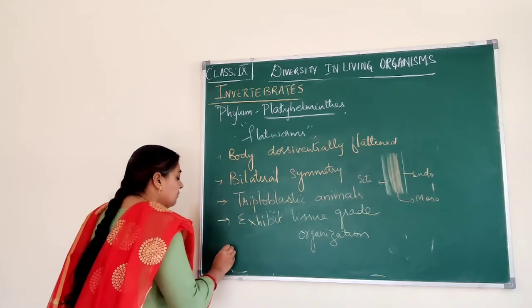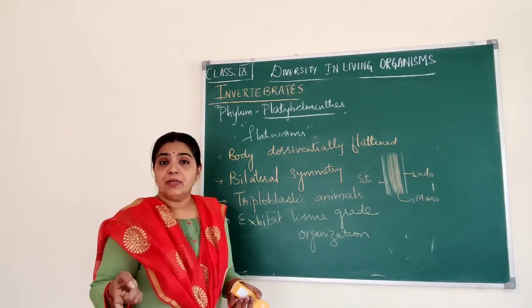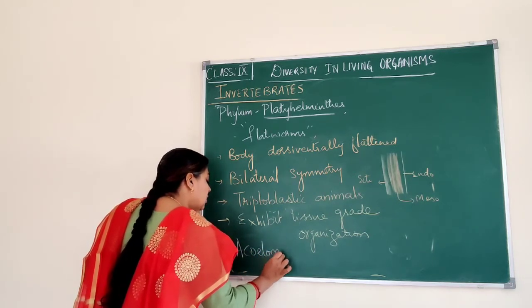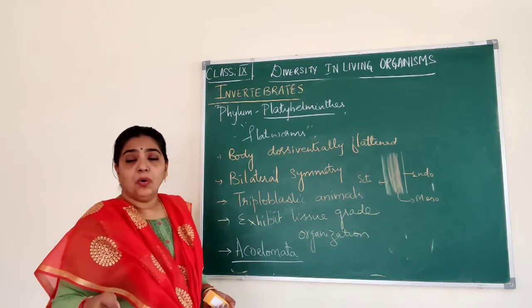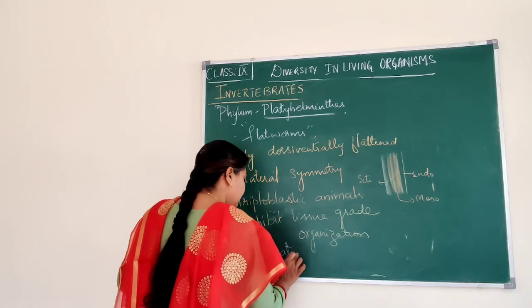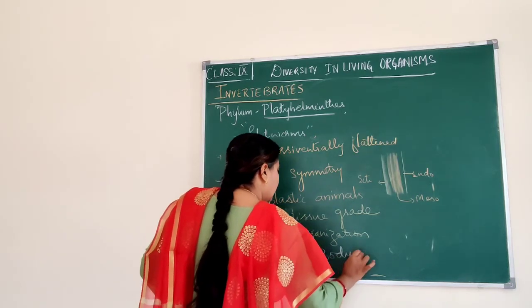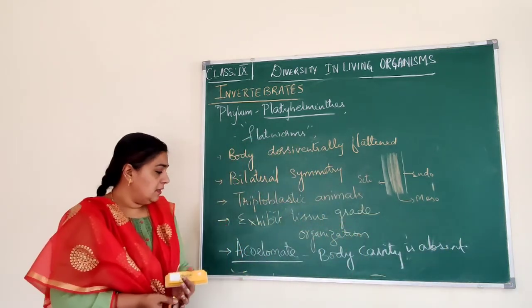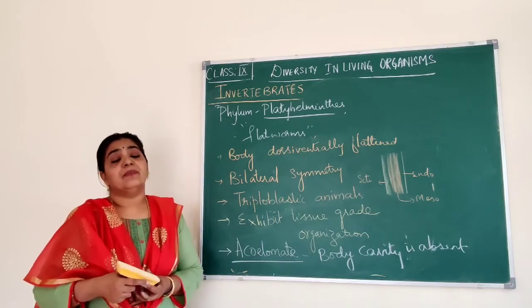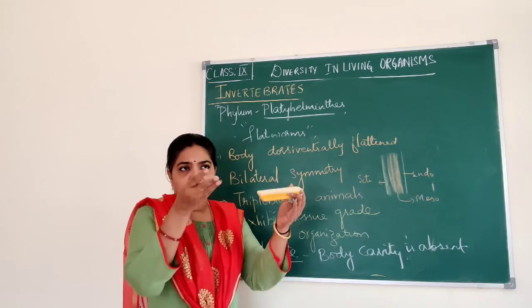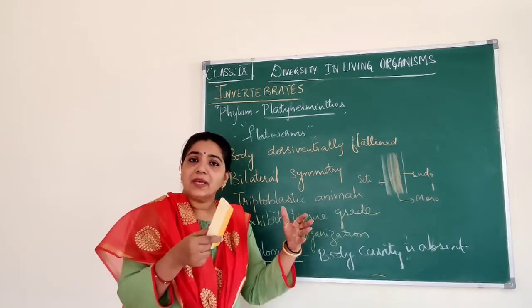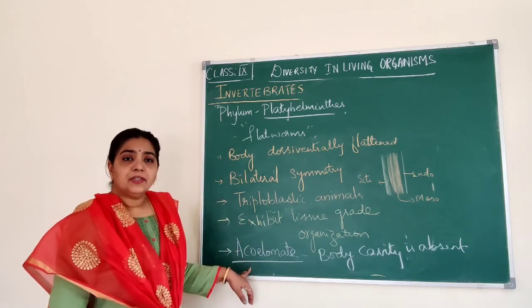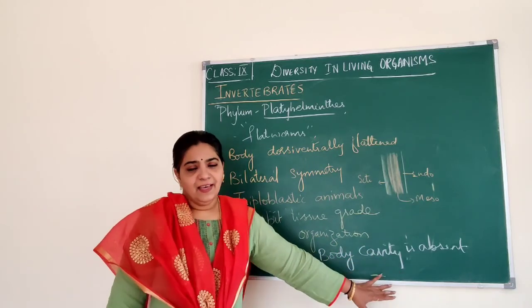And one more thing we have to remember. See, we learned in the sponge they have a cavity. We also saw cavity in the coelenterates. In case of Platyhelminthes, body cavity is absent. So they are called acoelomate. See, coelom is cavity. Acoelomate means the body cavity is absent. So here we see that the organism doesn't have a body cavity. So there was no chance for formation of different organ systems, because different compartments are required for different organ systems. As their body cavity is not there, we don't see the different organ systems. Body cavity is absent. That condition is called acoelomate. I hope you understood what is Platyhelminthes. Next we learn the